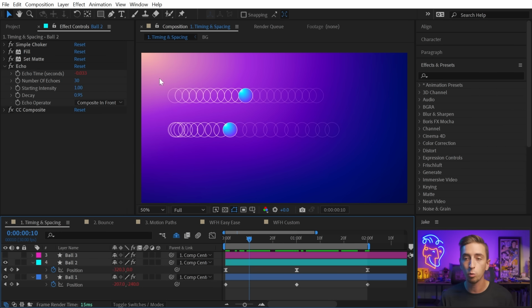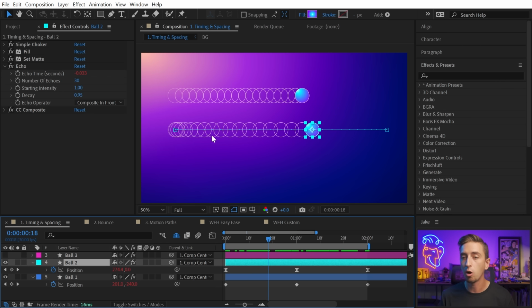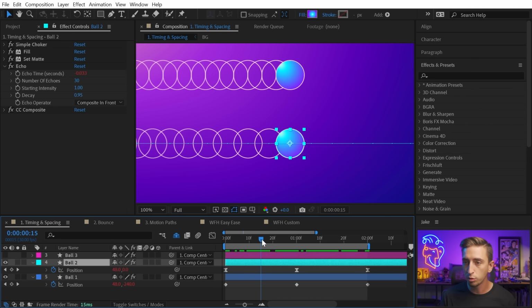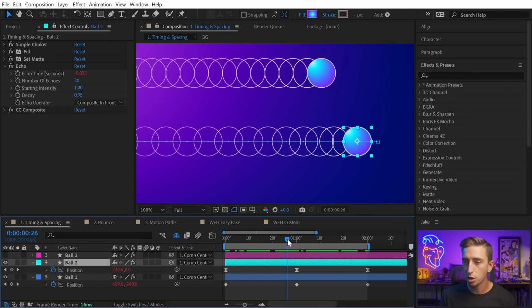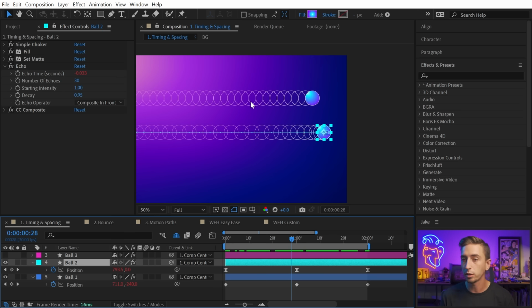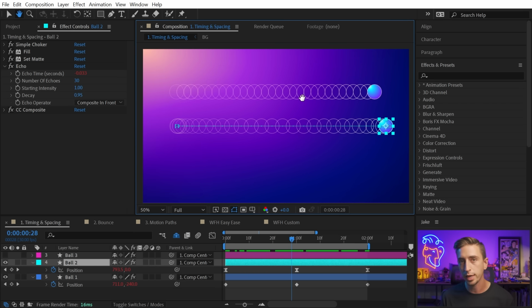Instead of being linear, where the distribution of motion is completely equal from one frame to the next, we have frames that are easing. They're closer together at the beginning of this animation. They spread out towards the middle between the two keyframes, and then they start to bunch up again near the end. This is how easing in and easing out works. You put more frames at the start or the end of the motion and less in between where the motion